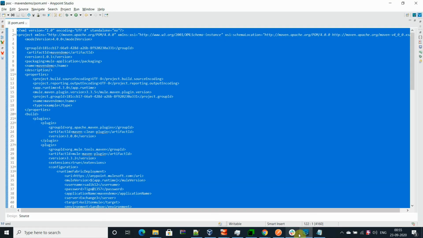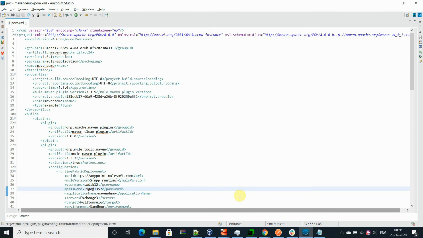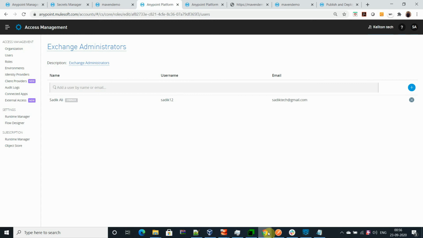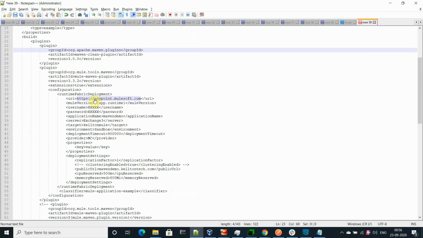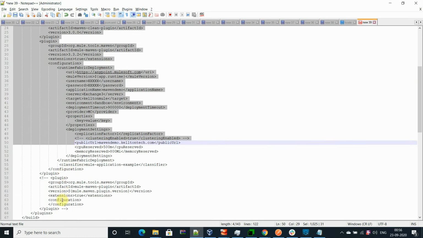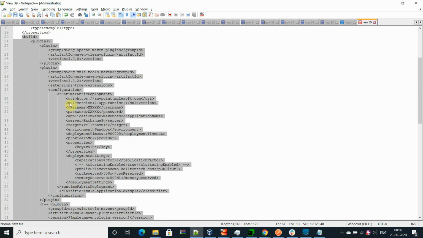This application I have created is the POC Maven demo. Let me demonstrate the configuration. This section of the POM file is very important. This is my sample POM file.